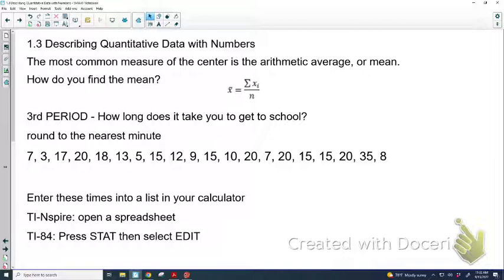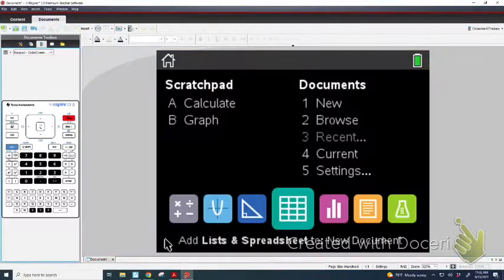So if you're using an Inspire, you go to the home screen and you want to click this spreadsheet here that you see highlighted. So like I'll scroll left. So we want that middle grid at the bottom of the screen. So you click that